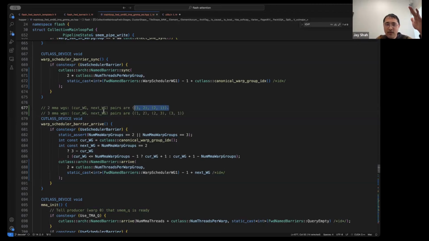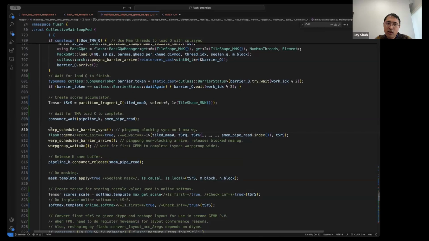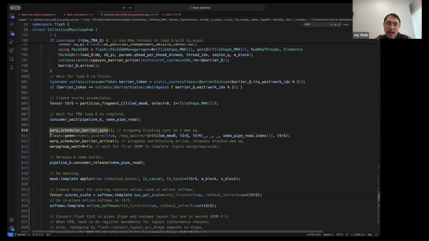That's the point of describing these pairs here. So that's why for ping-pong scheduling, all I have to do in this case is just take this flash gem and bracket it using these two methods, which, in a sense, is much simpler than doing any intra-warp group overlapping. It's just putting named barriers in the right places.